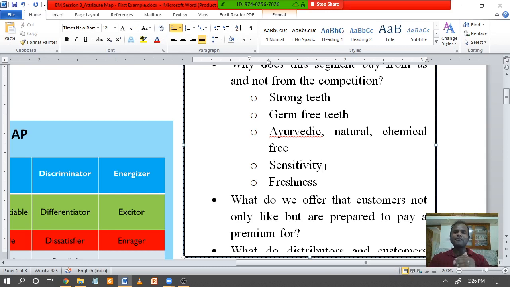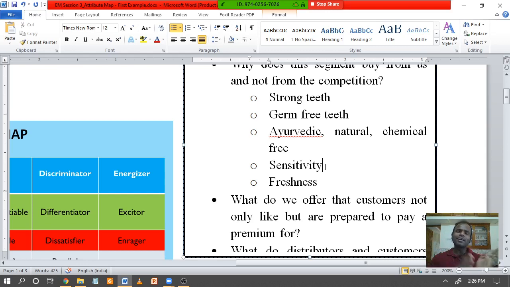There are people who have this sensitivity issue in their teeth because of any gum problem or teeth problem, and they may use Sensodyne. There are people who are fighting bad breath, so Close Up tries to sell. So you see the market, though it is only for toothpaste, and though the basic component used in every single toothpaste is the same, still the market is very differentiated. There are different aspirations of people which this market is trying to sell.